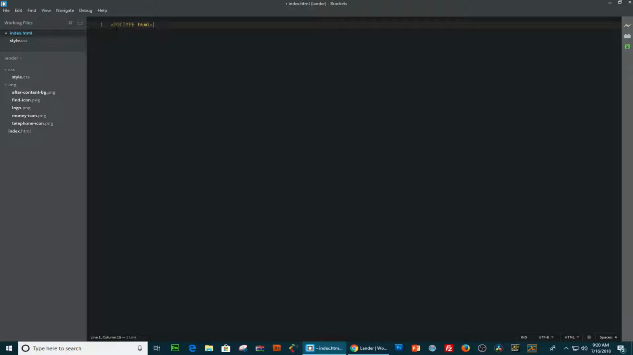Right under, we're going to create our root element, and this is the HTML tag, okay? And I'm going to add a language attribute, just lang, and I'm just going to add en as the value. Now, between the HTML tags, we're going to create a head element,